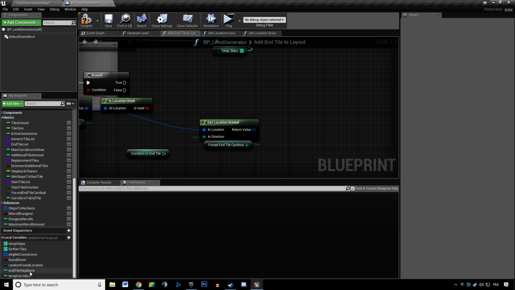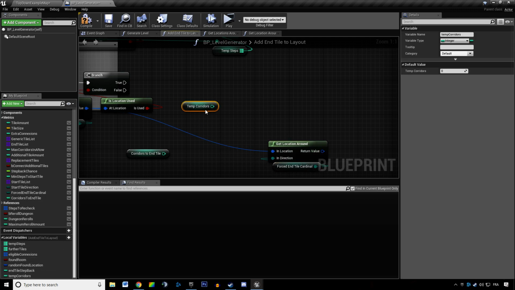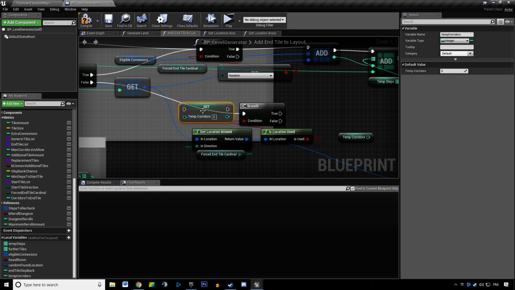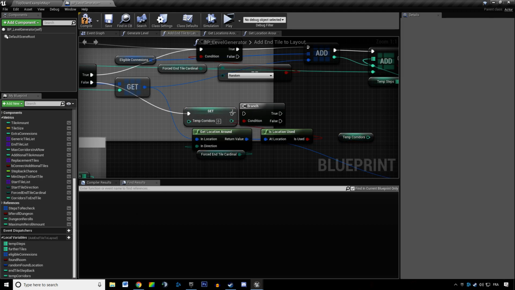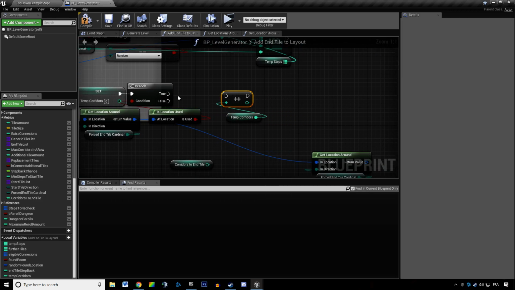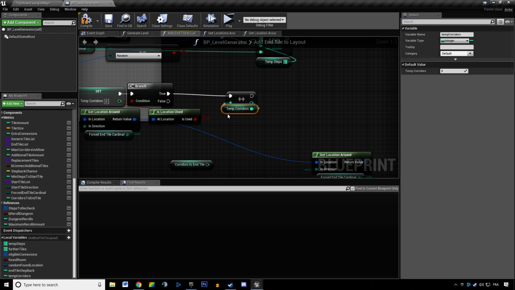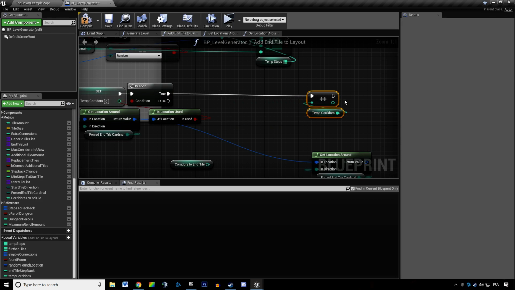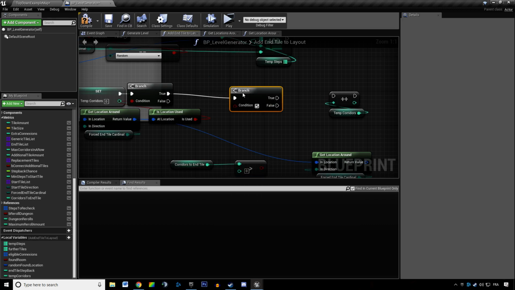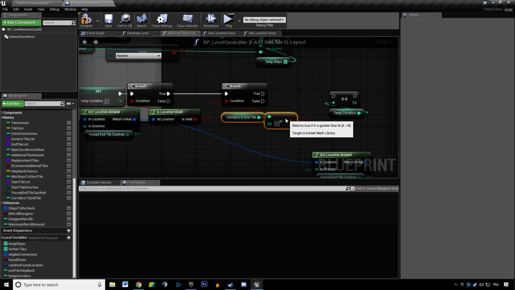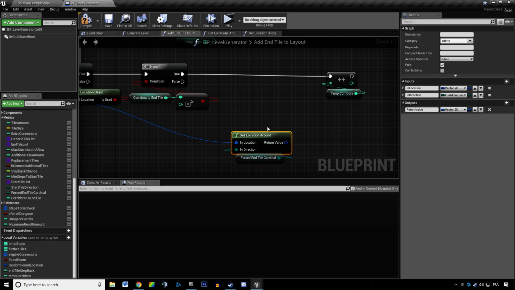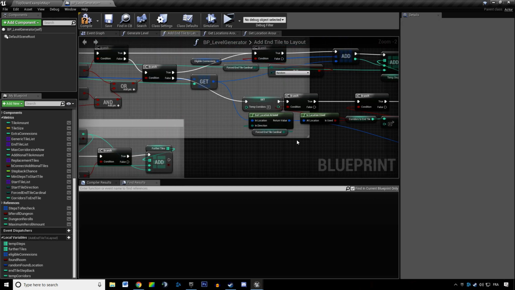In any case, we need a temporary int. This is going to be reset whenever we get there. We want to increment the number of temp corridors. We first want to check if this is greater than 0. If it's greater than 0, we're going to do our logic. If it is not, we're just going to say this is,